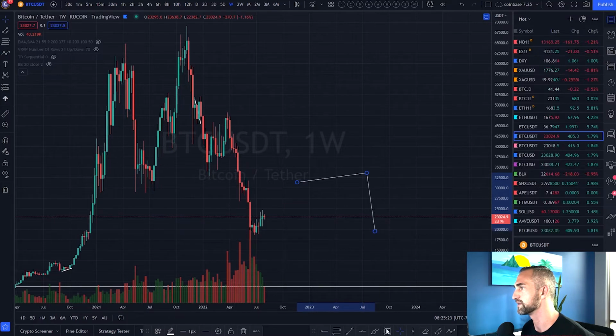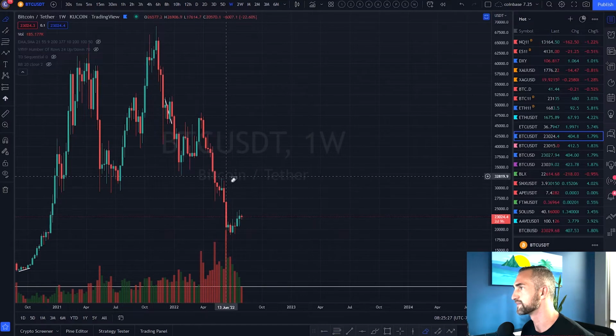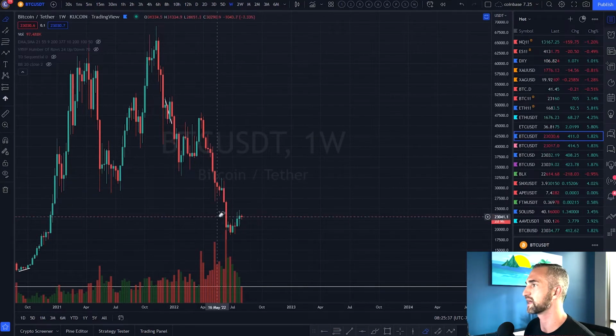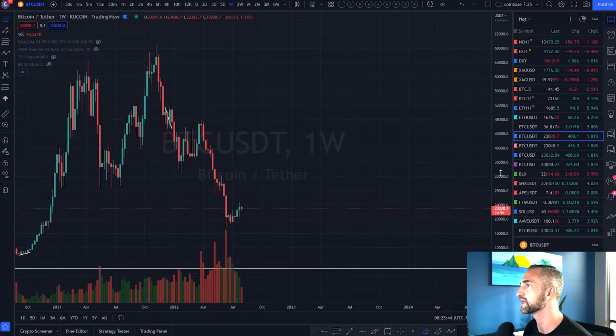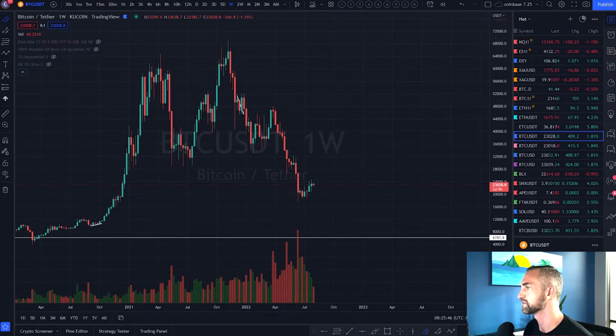So let me get rid of this as I was about to draw something else. But what I would need to see on a weekly time frame for me to begin, because this really doesn't even look like a confirmed local high. What do we need for a confirmed local high? A clear stop and reverse point. So I'm going to outline 2 scenarios. One, if you are considering this a high, we get a higher high there and then put in a higher low, and that would be trend reversal.